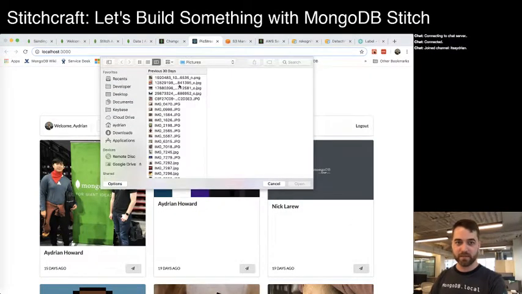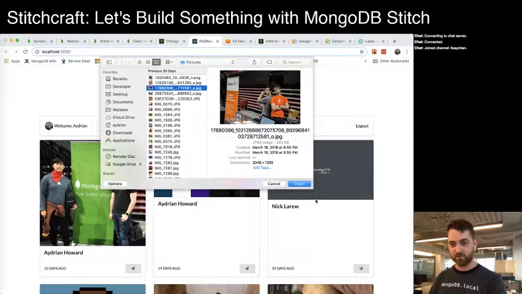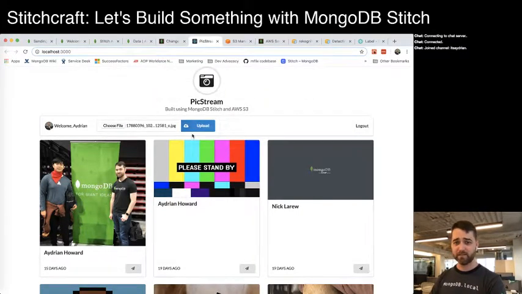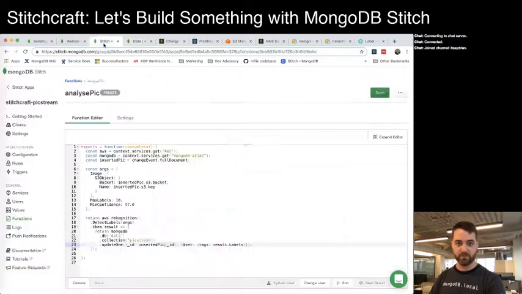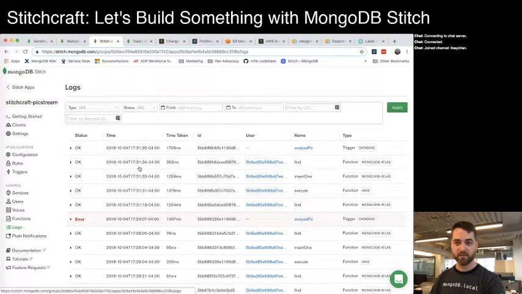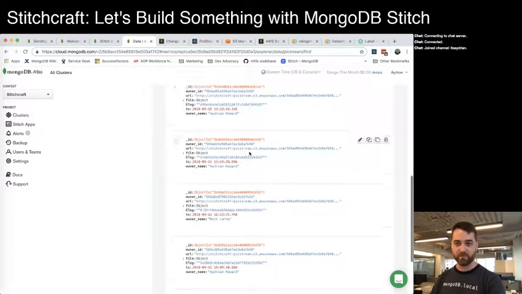So we'll choose the file again. Where was that file? All right, cool. Grab that file again, and we're going to upload. Okay, so it's there. Let's go back over and look at our logs. Back to the logs, back to the logs. We have a database trigger, and it ran, so that's good. So now if we go and we refresh the data,